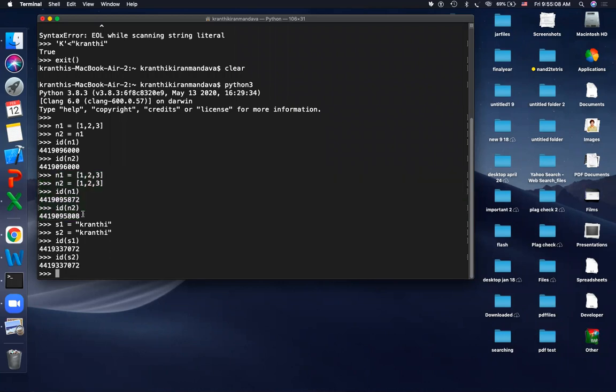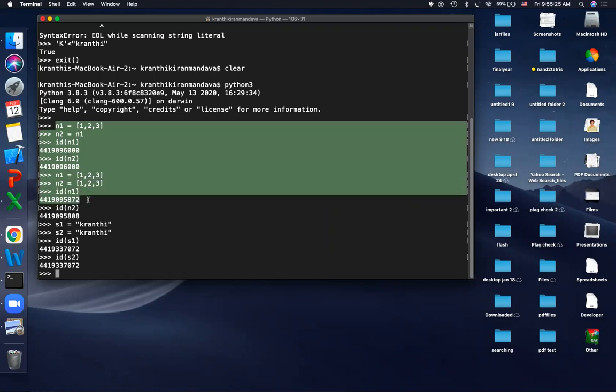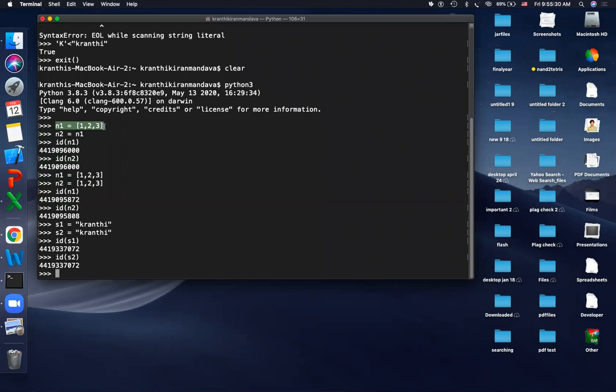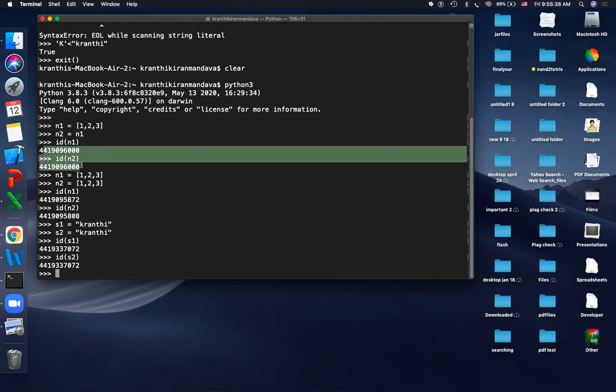What I think is your mind might have some doubt. What is this difference? Why is this difference happening? N1 is showing the same list, N2 is showing the same list, but they have different addresses, right? So what is the difference between them? The first difference you need to know is here: N1 is equal to [1, 2, 3] we said, N2 is equal to N1. So N2 also has 1, 2, 3. In this case, it is showing the two addresses are same.